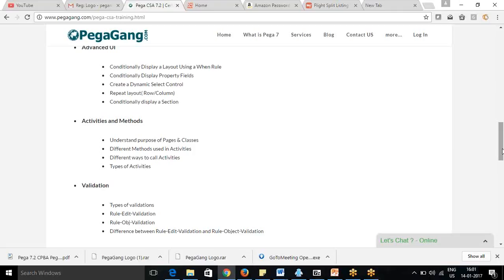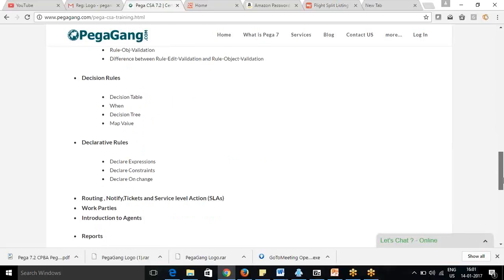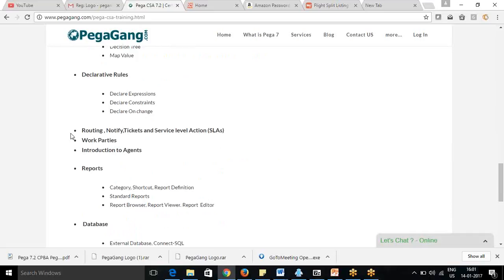Then we have validations, the business validations we need to do. So how we can go for validations, decision rules, declarative rules, and some of the automatic business policies like routing, notification, tickets, SLAs, and work parties.